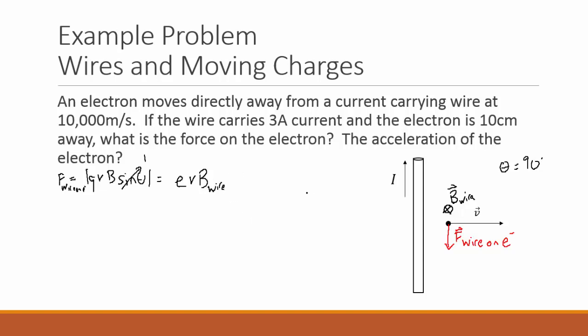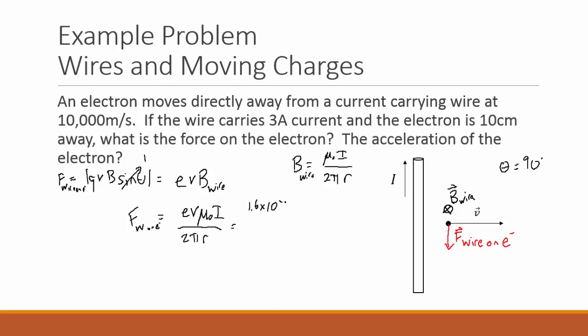So how to find the magnetic field of the wire? Well, luckily we have a formula for this. The magnetic field of a long straight wire is simply mu naught times the current in that wire divided by 2 pi times the distance from the wire. So I'll plug that in here. So now I find that the force of the wire, which I'm just going to write as W, on the electron is e v mu naught I over 2 pi r, which if I plug in the values is 1.6